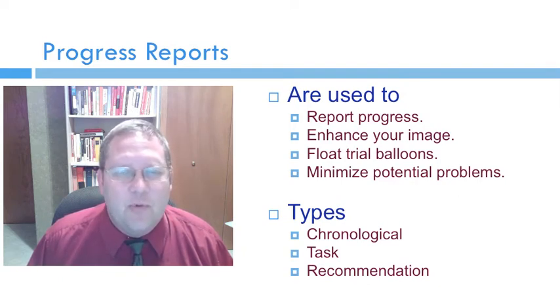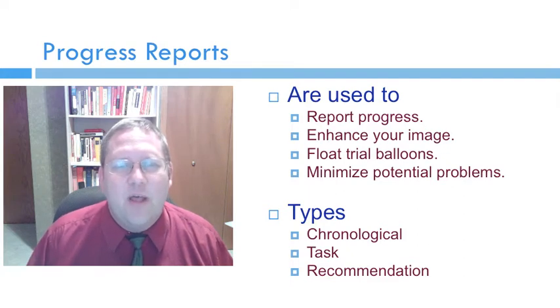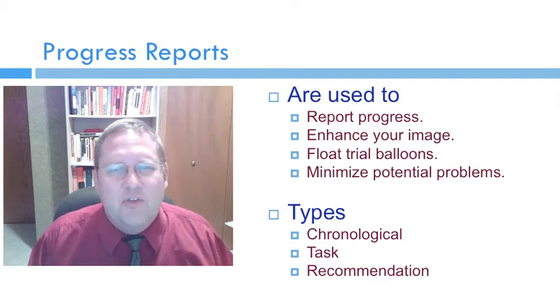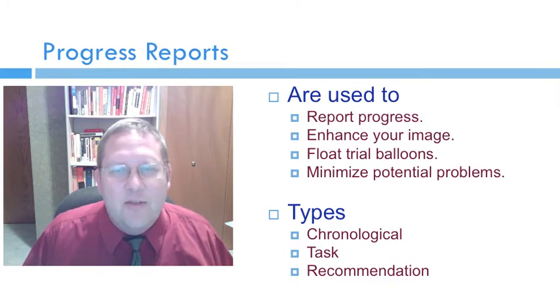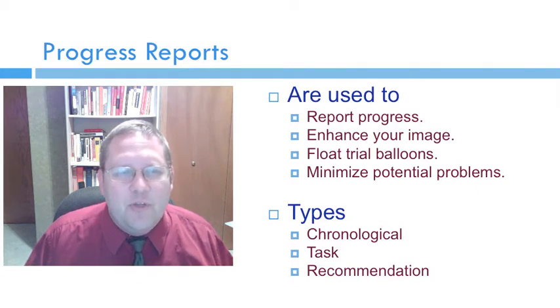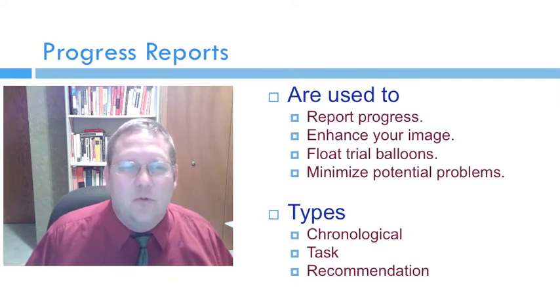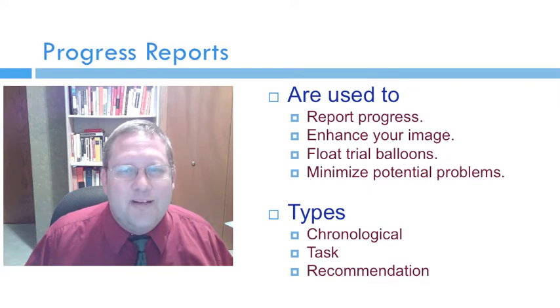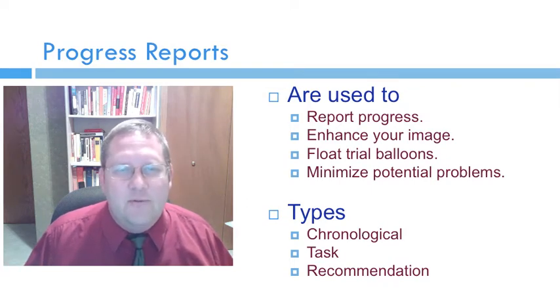And by this I mean in a progress report you can say we're thinking about doing it this way, we're thinking about trying this, and then you can see what the reaction is. And if the reaction is really negative, then you know not to do it. Finally, the progress report lets people know what's coming, minimizes potential problems by making people aware of what the results might be of the final report and the final product that they're getting so that they see it. If somebody sees a problem 2 weeks before they see it officially, they've already prepared themselves for what you're going to tell them. So a lot of times if you're anticipating problems, you will want to release that information gradually through progress reports.